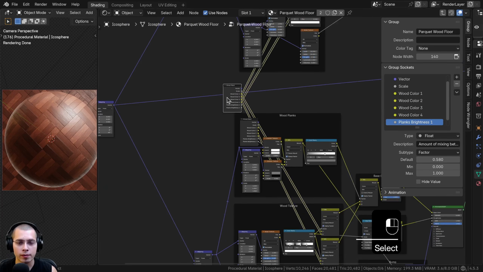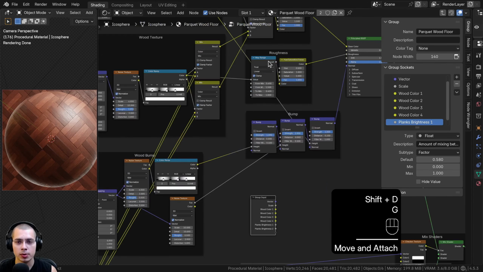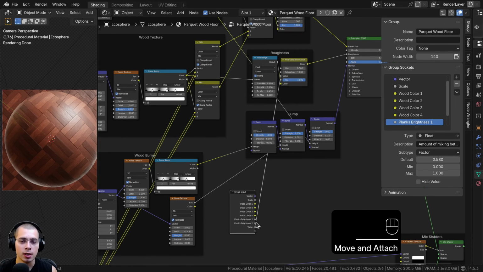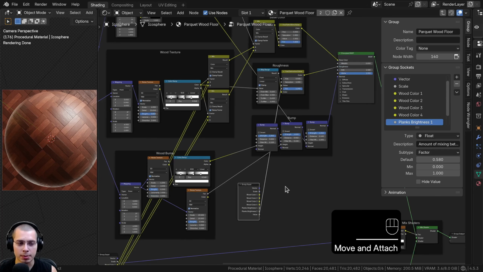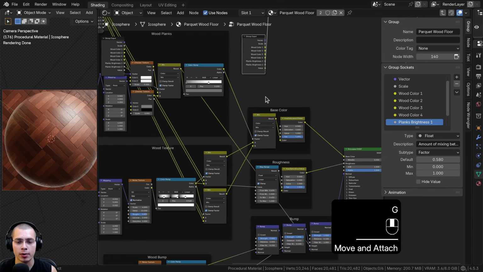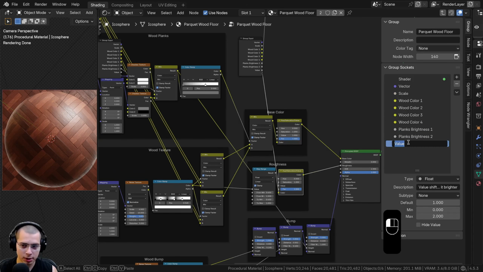Then I want to control the roughness of the material, so I'm going to duplicate another group input and drag it over here. And what I can do is take this roughness here, we'll take the hue saturation value from the roughness, and I'll put the value into the extra socket. But then I want to control the same exact socket on the other material so that there's just one value to control both materials. So I'm going to drag the group input down here, and let's take the other roughness, the hue saturation value, we'll put the value into the same exact socket here. And then let's open this up, and I'll double click on it to rename it,